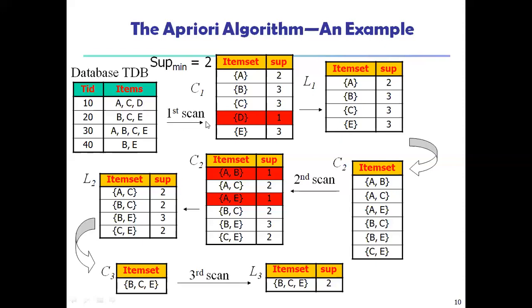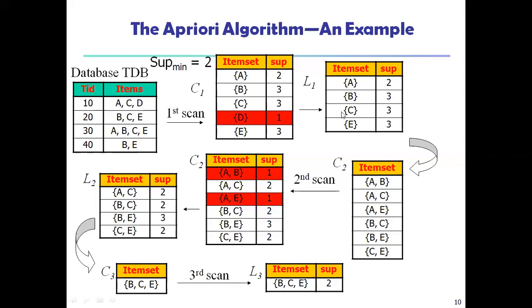So this is our first scan. This is the database we have been given. In this one we scanned and we have got this diagram. Now it has to be removed. This is the C1 count value. Now we are going for the L1 value here. So again we are finding the length of the items here.